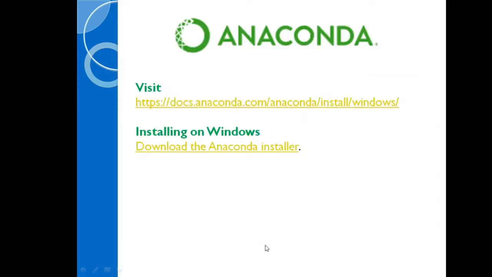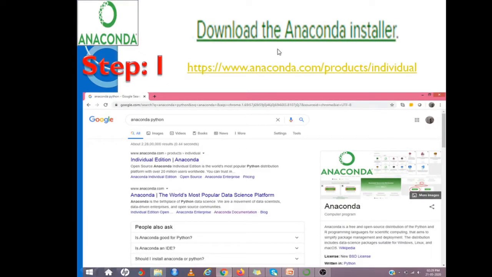Now coming to the second option, installing Anaconda. You have the website docs.anaconda.com, install Windows. For installing on Windows, you can just go to the download Anaconda installer. That is available in this URL anaconda.com products/individual, or you can use Google to find out the correct Anaconda website.